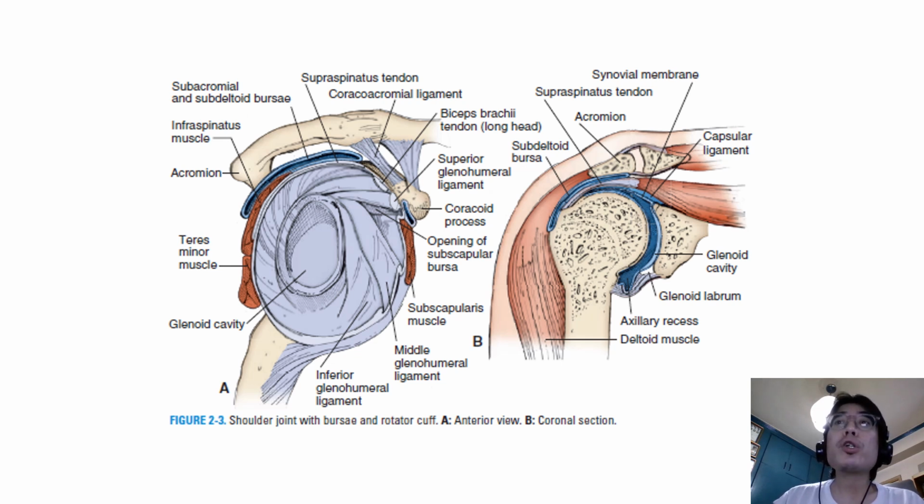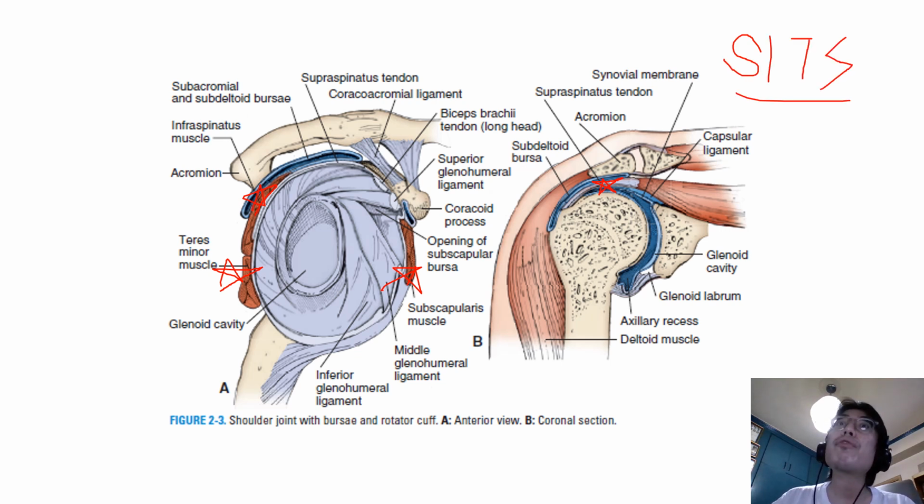The rotator cuff, also known as the musculotendinous cuff, is formed by the tendons of four muscles. A common exam question: we have the tendons of the supraspinatus, which we shall mark with a star, the tendon of the infraspinatus, the teres minor, and finally the subscapularis. Our mnemonic here is SITS. The four tendons comprising the rotator cuff: the supraspinatus, infraspinatus, teres minor, and the subscapularis. So the teres major is not part of the rotator cuff.